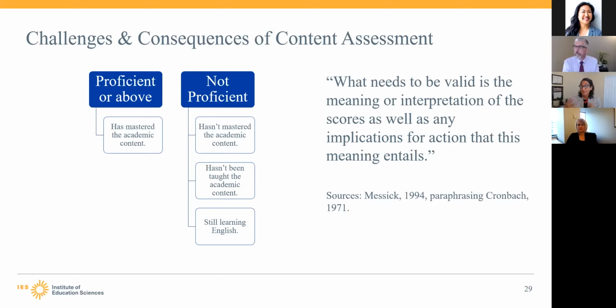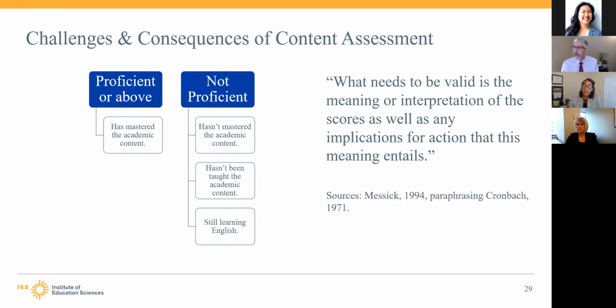Could also mean that they haven't been taught the content that's on the assessment. And it could also just mean that they're still learning English. And so what we're really seeing is that they just couldn't quite access what the assessment was asking, but they do in fact know what a protagonist is. They just kind of got tripped up with the language that asked about how to identify the protagonist of a text. And this is what creates validity concerns, because as the quotation here suggests, what needs to be valid is